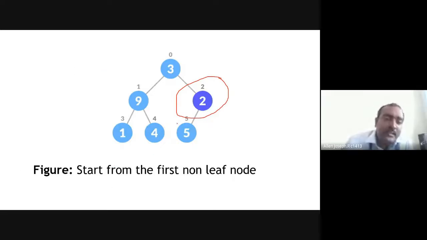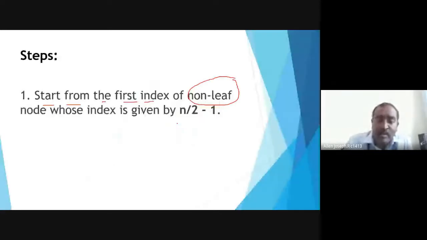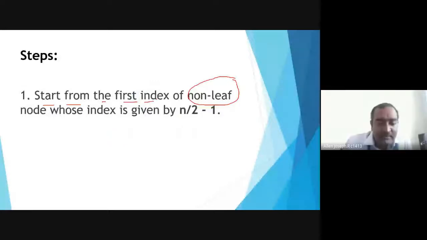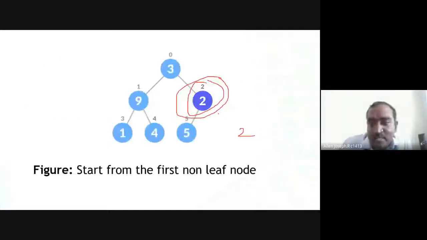So how do you work with this one? With this, use this step: start from the first index of the non-leaf node. So the first index of the non-leaf node is this one, so the value is 2. They're telling us that it is n by 2 minus